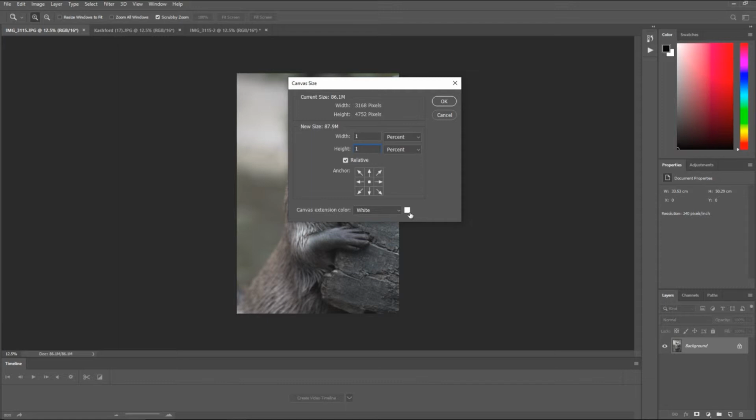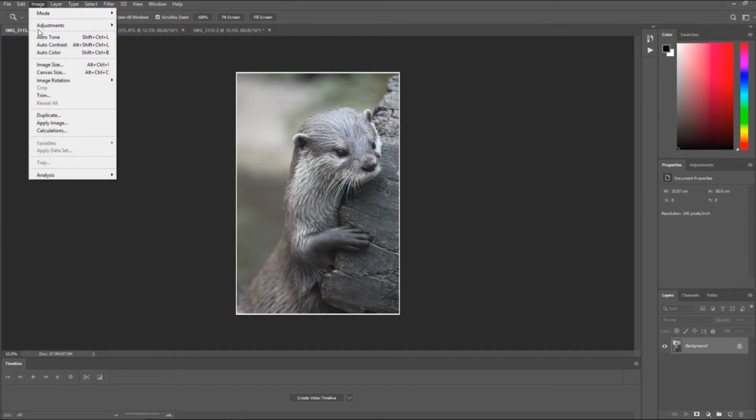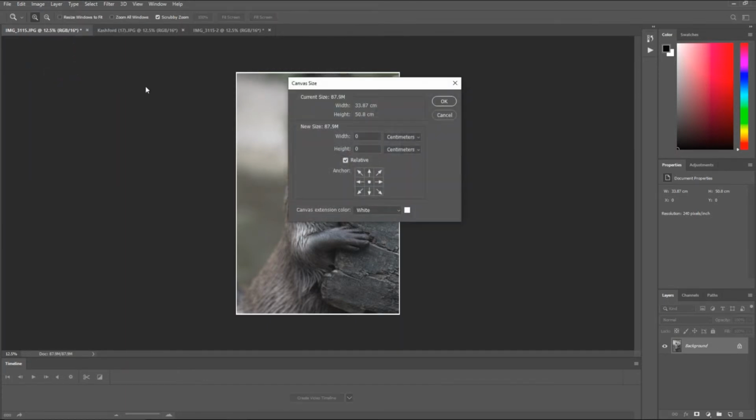Okay, I'm going to keep it as white just for simplicity reasons, and I'm going to click OK. And there we go. I now have an otter with a white stroke border, exactly the same as we've done before. However, there's no limit to the number of times you can alter a canvas. So by going back into the same menu again